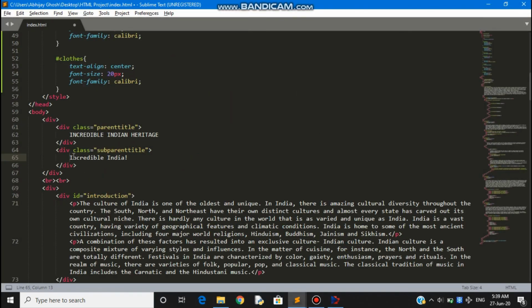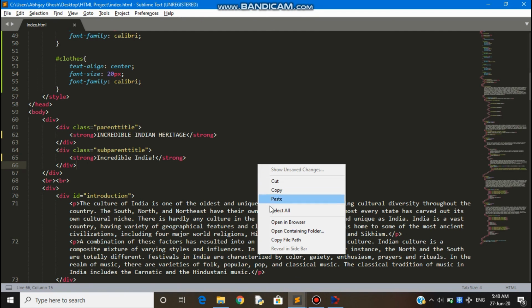Let's check the final web page we have made. Yes, you can give your name over here, and giving a break tag again to keep things clean there. Yeah, everything is good. Finally we have to give a final touch. So for that what we do is give the title a strong tag, both the parent title and the sub-parent title, in order to enhance the look of the page. It will give a more catchy look to the page.